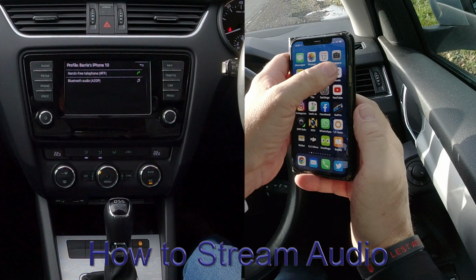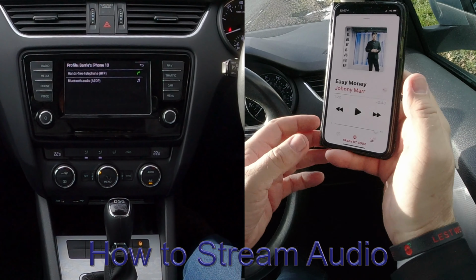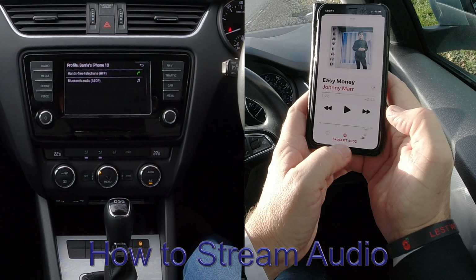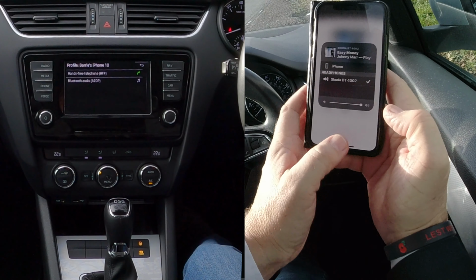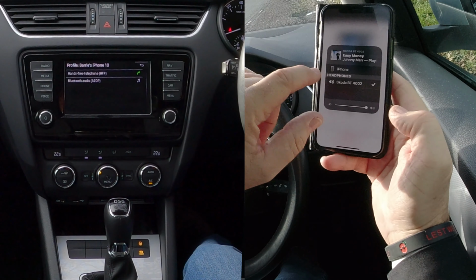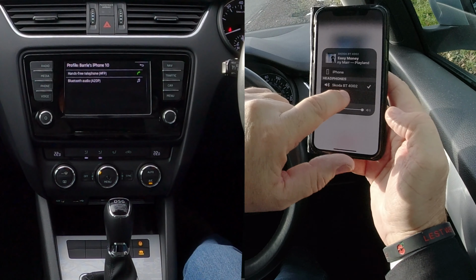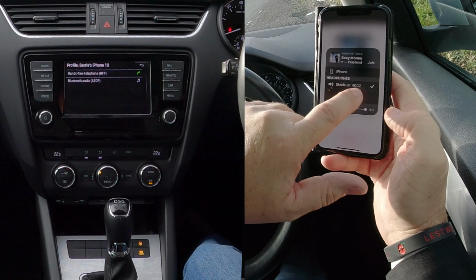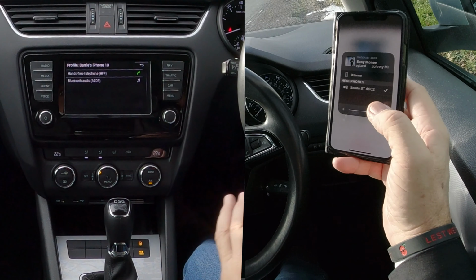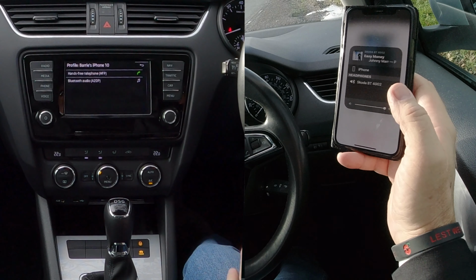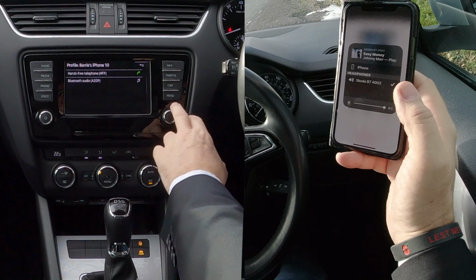I'll just show you how to stream audio through the Bluetooth system in this SKODA. If you go to your iTunes here, you'll see the SKODA BT at the bottom, but if you can't see it, just click on the red triangle with the 3 red circles and then you've got a choice. If for any reason SKODA BT 4002, or whatever the number of your car is, isn't there, then go to menu,